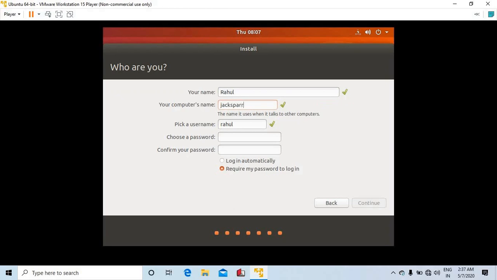Suppose I write it. Then choose the password that you want to give. Write a password that is easy to remember. Then confirm your password. Then click continue.